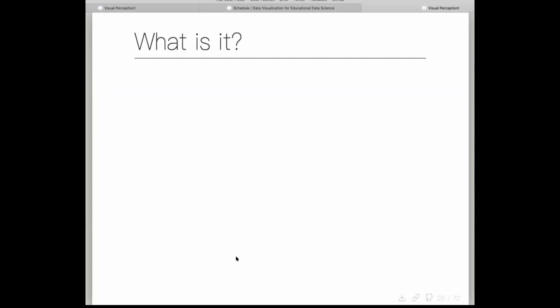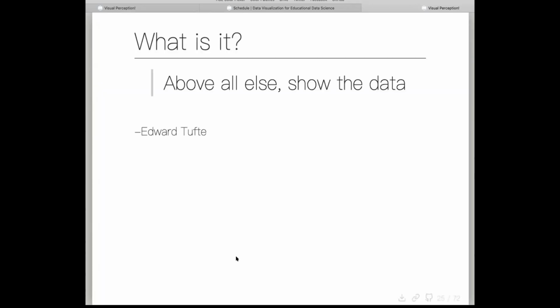Okay. So this is a very famous quote by Edward Tufte, right? Above all else, show the data. And I believe that. I think that's a good goal. So he came up with this idea of the data to ink ratio, right? Which is the ink on a plot that's devoted to data divided by the total ink used to produce